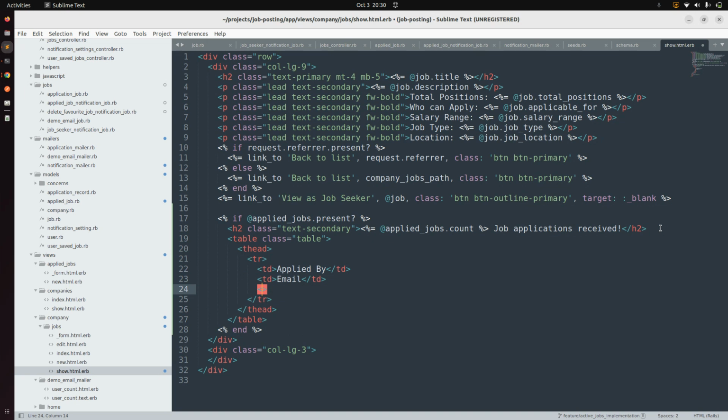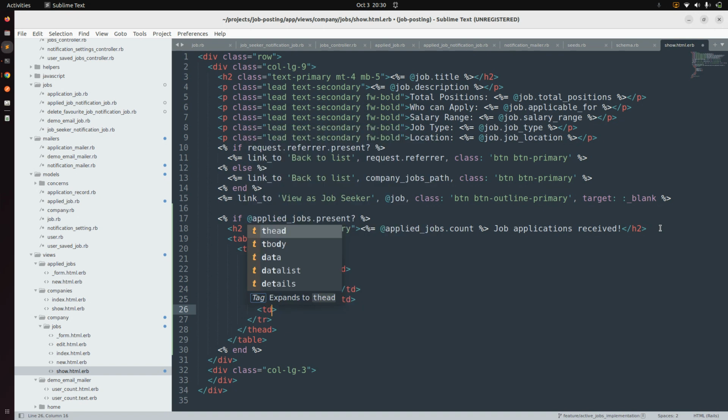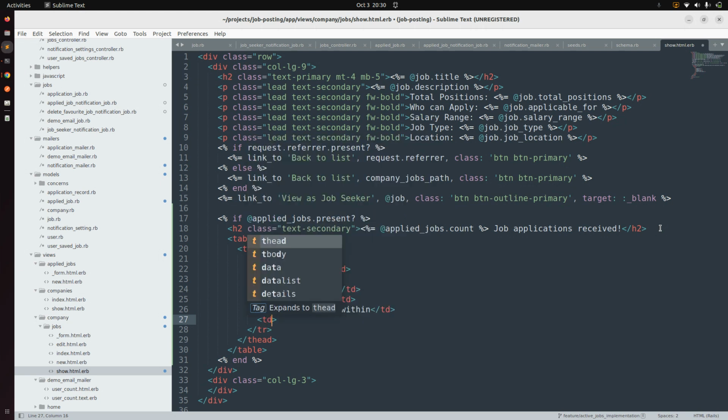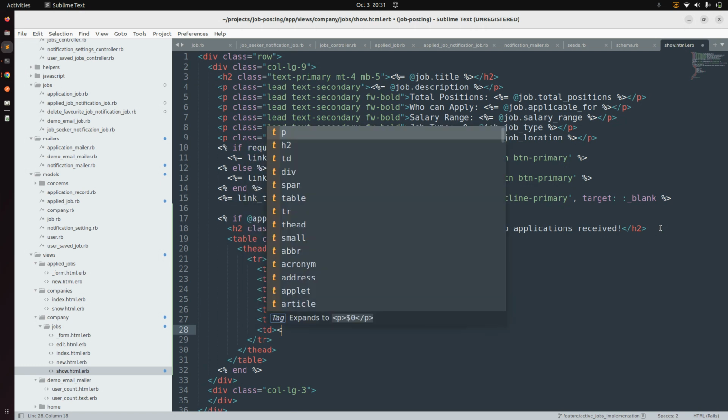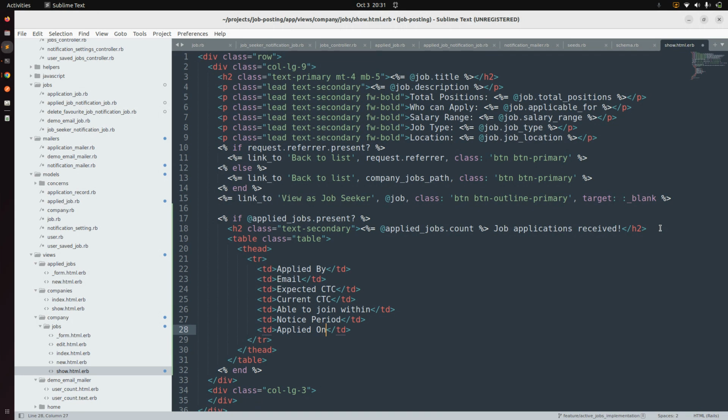Okay, and then expected CTC, current CTC, and then able to join within, and then notice period, other, and then applied on. Okay, now let's copy this tr